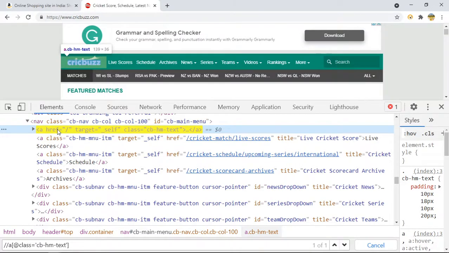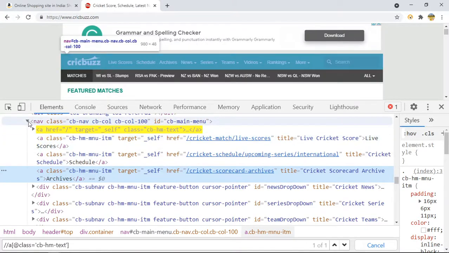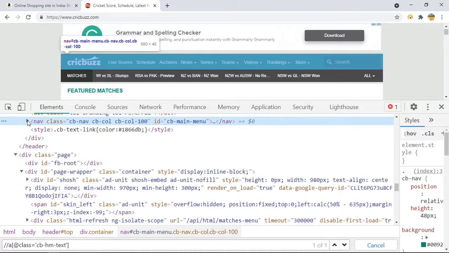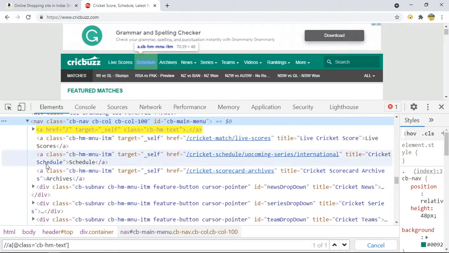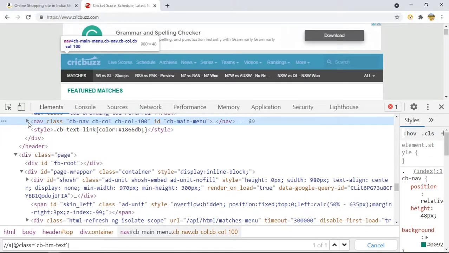this yellow line is not a parent of these three, because if you want to know what is the parent of this one and this one, go from bottom to top, and whenever you find the first downward arrow, you can conclude that it is a parent. Because if I minimize it, all these four, 1 2 3 4, will disappear inside this, right? So I can say that all these four are the children. So you can see this line as well, which means that if I minimize it, all these will disappear.